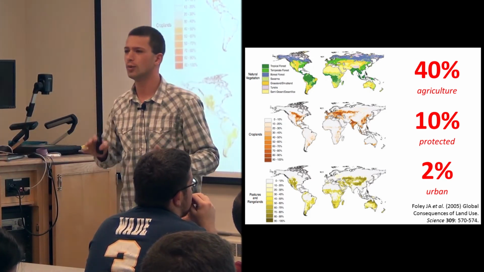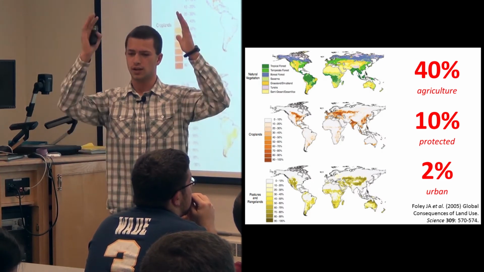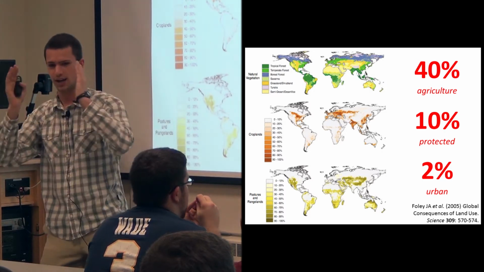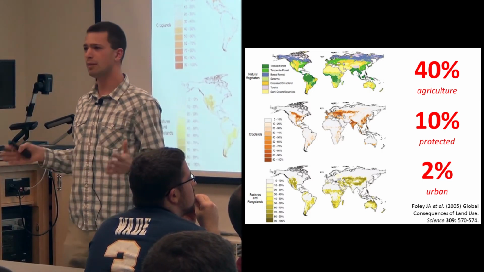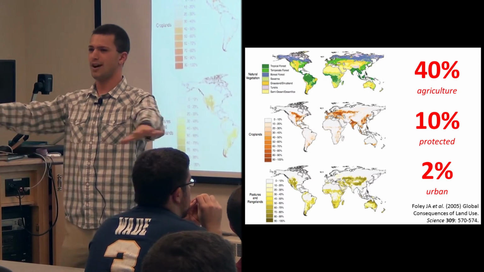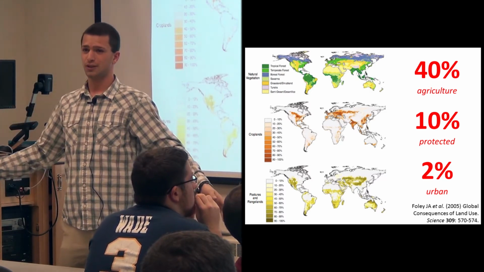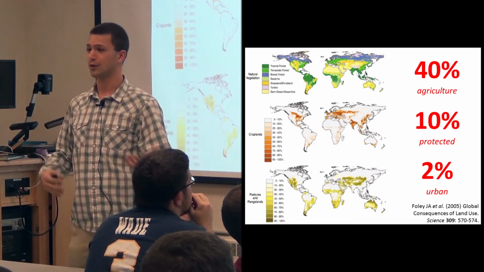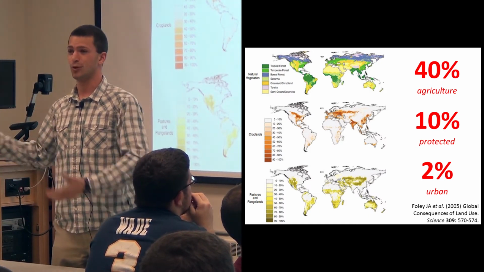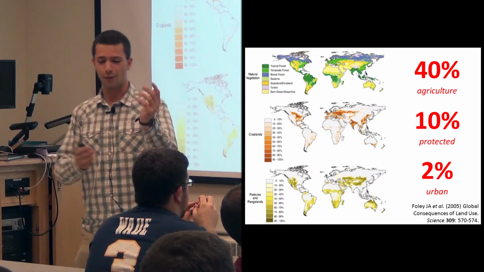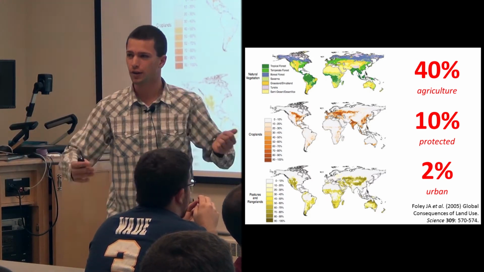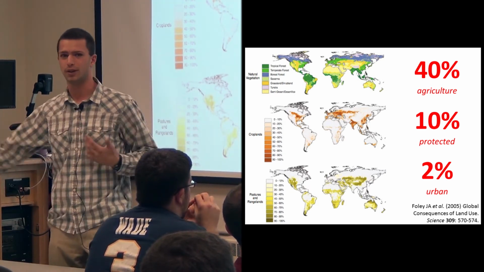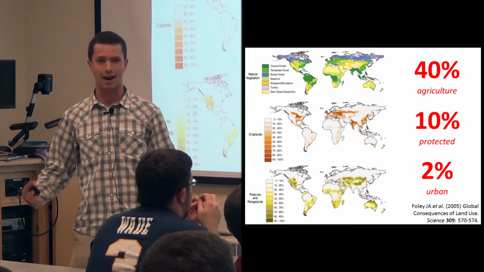And so our current strategy is to segregate what we want to do, all those things that you said, and we say this is going to do that, and this is going to do that, and this is going to do that. The problem is when you really simplify things like that, you need a lot of land. Right now, the population is skyrocketing. We only have a finite amount of land, and we're having trouble finding land because we have different interest groups. They say, I want to build a house here. No, I want to put corn there. No, I want to make it a national park. You have this problem because there are all these trade-offs, and you can't really pick one of these things, because our strategy is to maximize things.